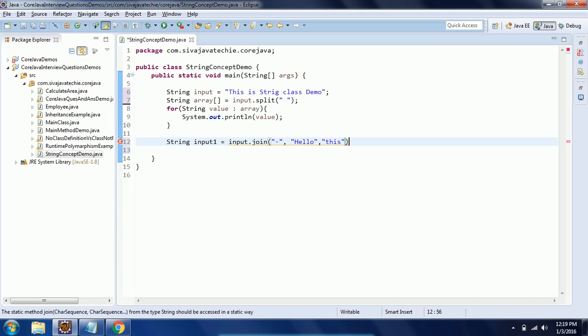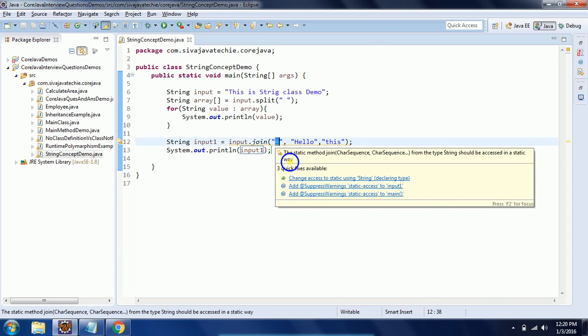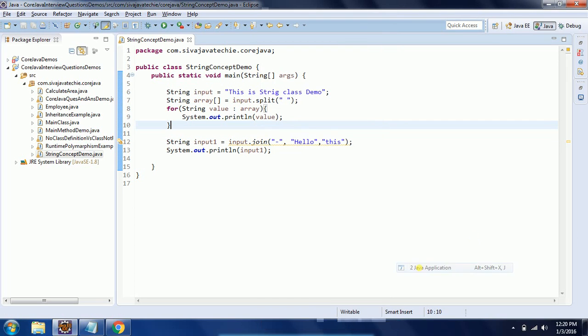At this point I'm passing two character sequences and joining them with the delimiter. The delimiter is going to be concatenated with whatever words we specify.